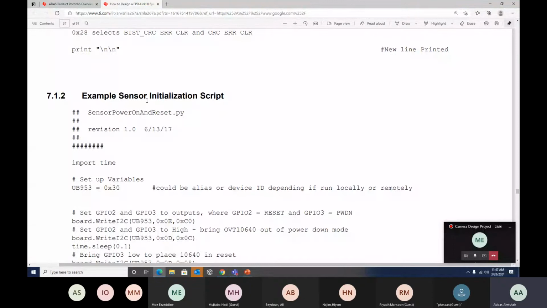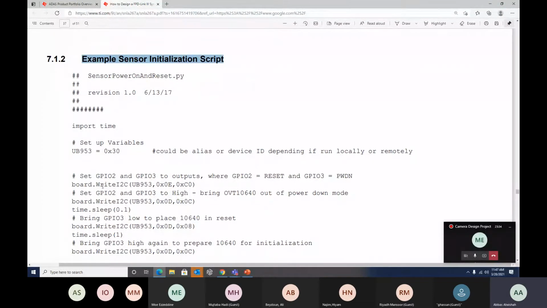This script is for the sensor. This is just purely the sensor board. And that's why it's critical to, as you can see here, set GPIO2 and GPIO3 to outputs. To set that, you know,